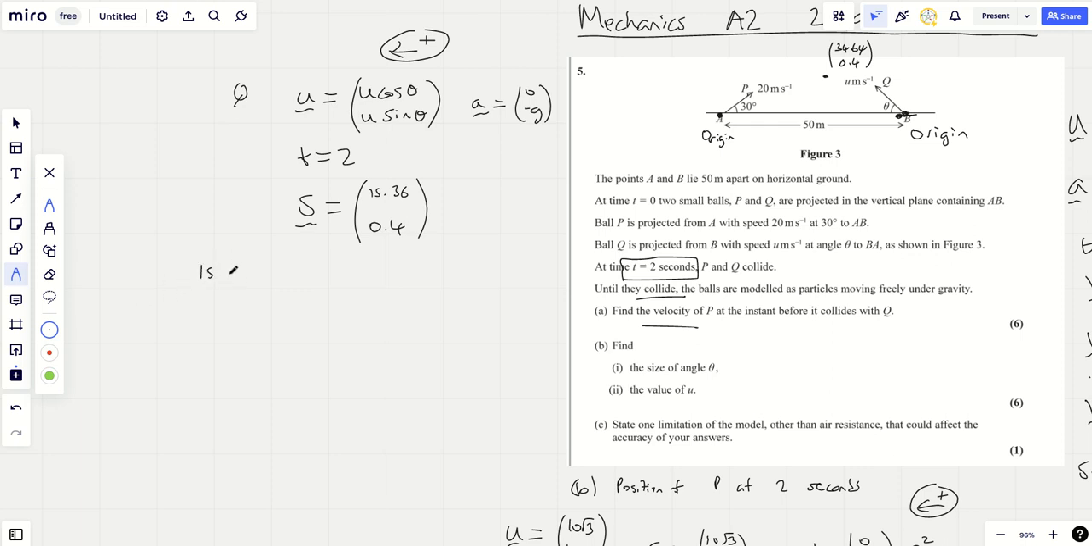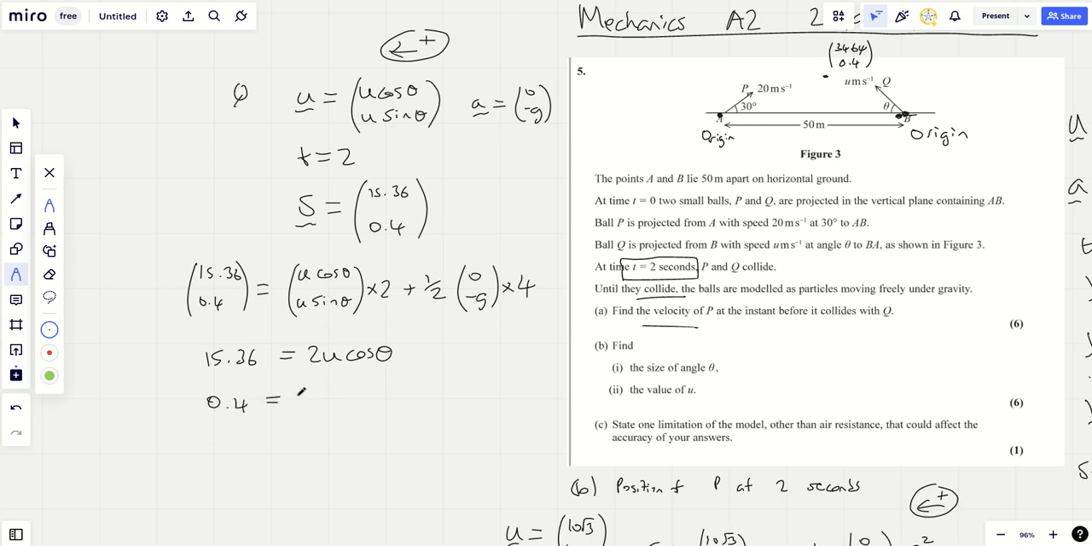s equals ut plus a half a t squared. So we've got that equals u cos theta, u sin theta times 2, plus a half times a times t squared, which is 4, so that's going to be times 2. And so we can now come up with two equations. Let's take the first one, which has a 0 in it: 15.36 equals 2u cos theta. That's still got two unknowns, so that's no good for me yet. But 0.4 equals 2u sin theta